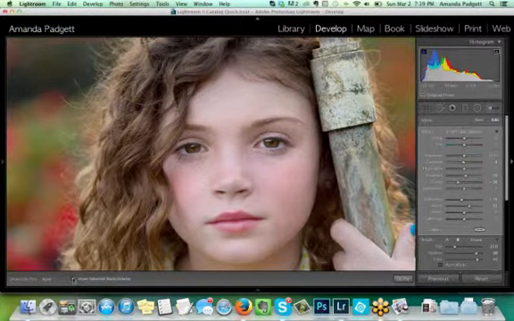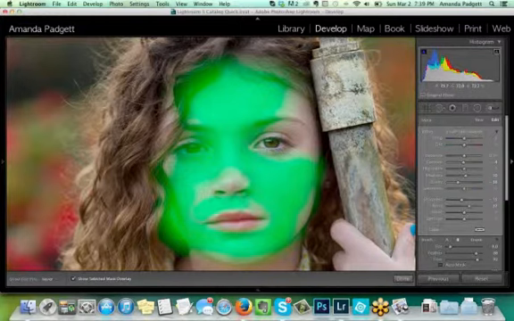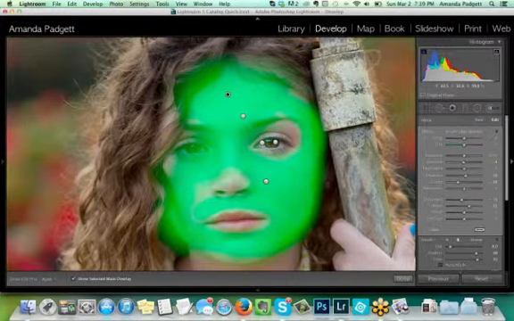I do want to show the mask, and I purposely did that because I want to show you if you hit an area that you didn't mean to, it's all right. It can be fixed. You don't have to start all over. All right, so I hit an eye, and skin smoothing blurs the skin, and we don't want her eyes blurred,